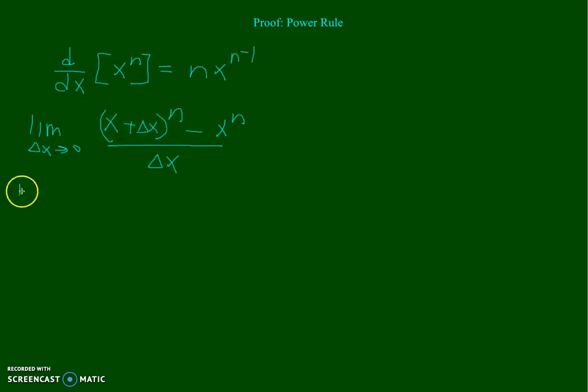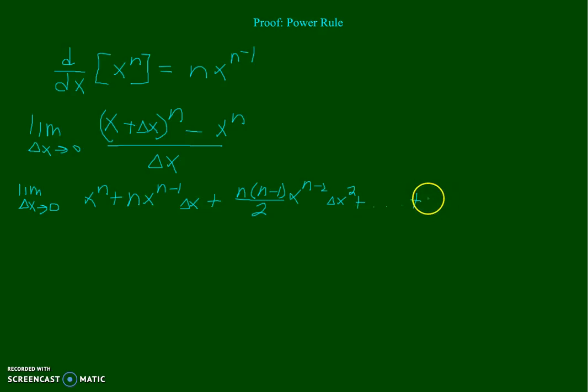So we have the limit as delta x approaches 0 of x to the n plus n x to the n minus 1 delta x plus n times n minus 1 over 2 x to the n minus 2, that got messed up, n minus 2 delta x squared plus however many other terms there are